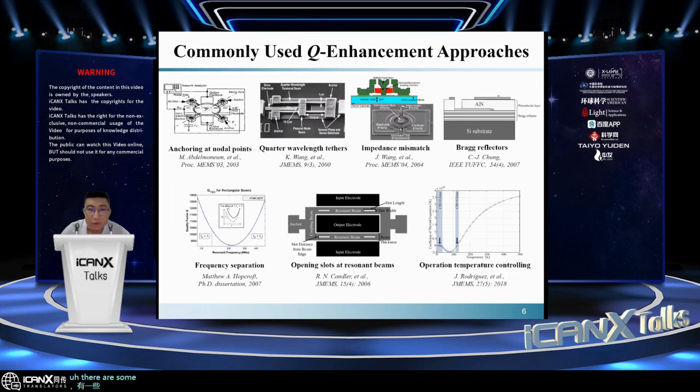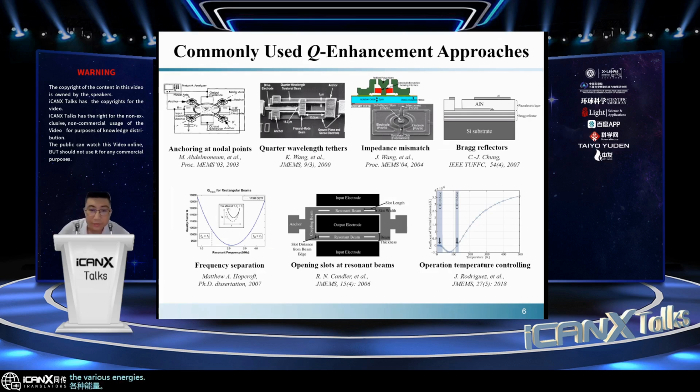There are some commonly used Q enhancement approaches. We can use some approaches to reduce the anchor loss, such as anchoring the resonators at its node points. We can also use quarter wavelength tethers. Also, we can use the impedance mismatch to reduce the energy loss from the resonator to the supporting tethers. Bragg reflectors can also reflect back the